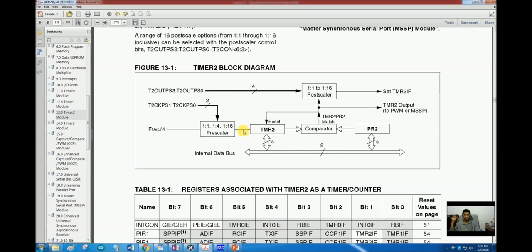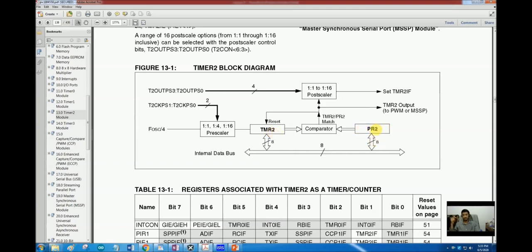At this point a clock of 1 megahertz is present, so the time period of that clock is 1 microsecond. After every 1 microsecond this TMR2 register will start incrementing. It will increment from 0, 1, 2, 3 up to this value.